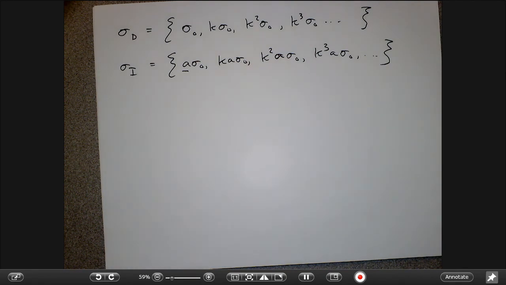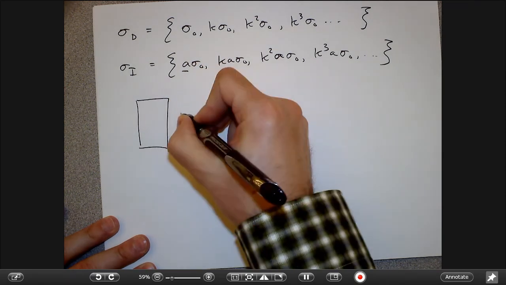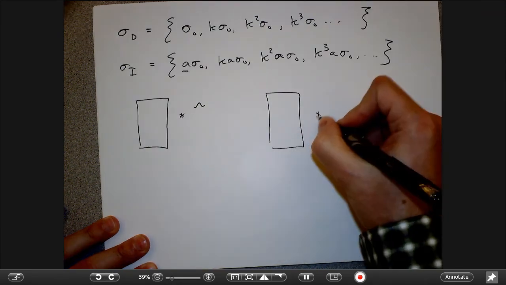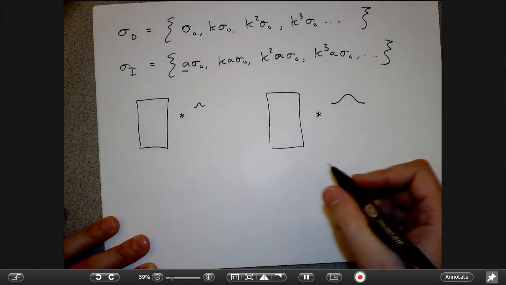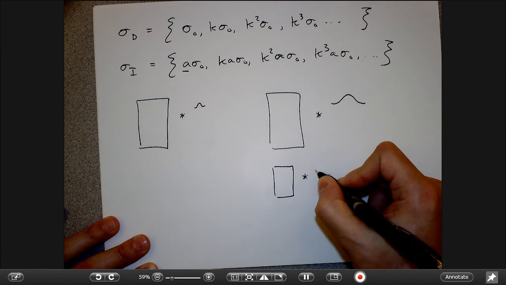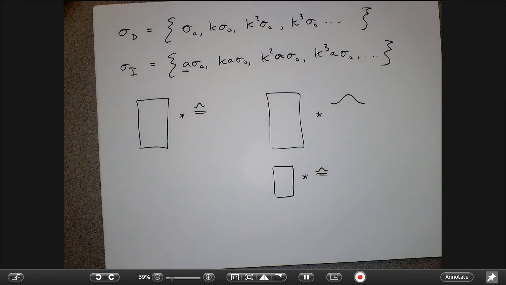The idea being that instead of building Gaussian windows that were bigger and bigger, it's like saying that if I were to take this and convolve it with a little Gaussian, and then take this and convolve it with a Gaussian that's twice as big, I could get fundamentally the same result by making an image that's twice as small and convolving it with the same Gaussian, right? So the idea is that I can get some computational gains by, instead of making Gaussian filters that get bigger and bigger, just making the image smaller and smaller and applying the same Gaussian filter every time, right? So that's the idea behind using this decomposition of scales